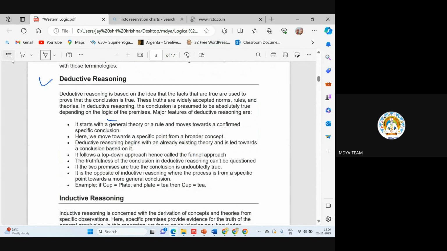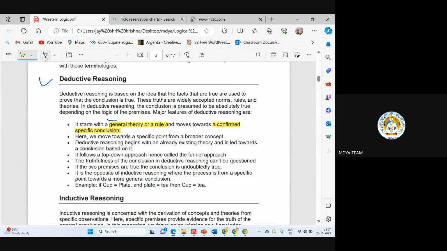Okay, deductive reasoning and inductive reasoning. This we discussed. So deductive reasoning starts with a general theory. It starts with a general rule. Means you are starting by giving a general statement. You are starting with a general theory and moving towards a confirmed specific conclusion. Your premise is a general theory, and your conclusion is a confirmed specific